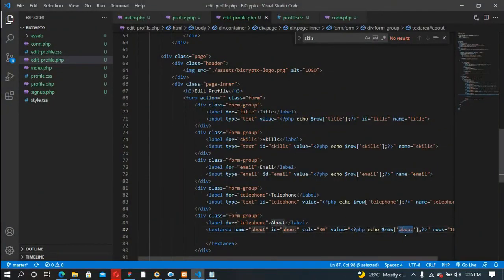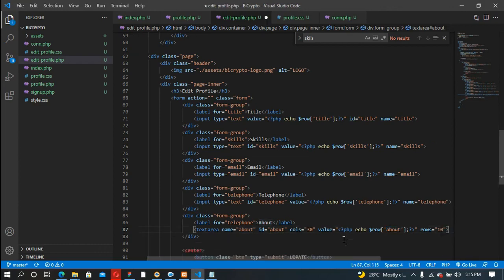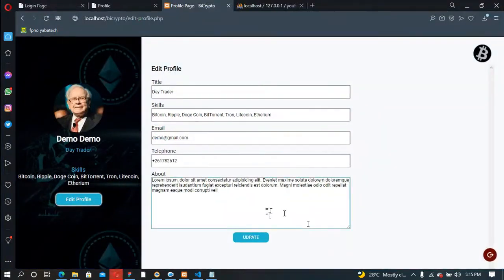What happened to this? Okay, this is because, oh no, not that. We're not gonna have value here. You can just drop it because it is a text area, so you have to drop it here like this right there. So refresh. Alright guys, so the next thing we're gonna do now is to actually